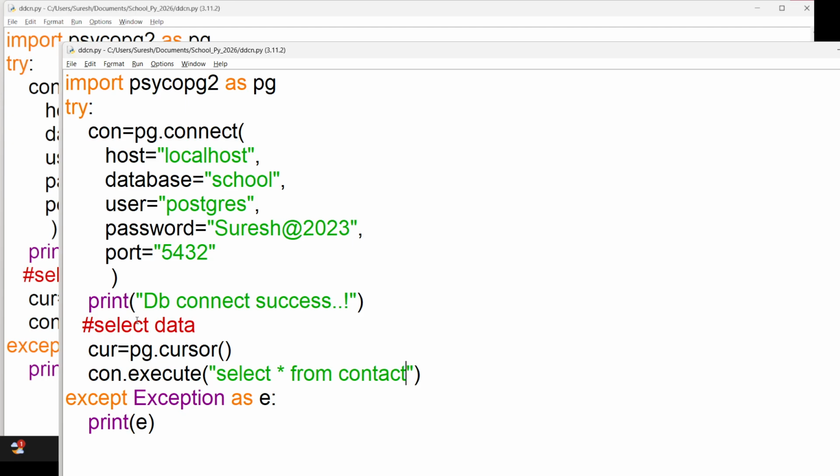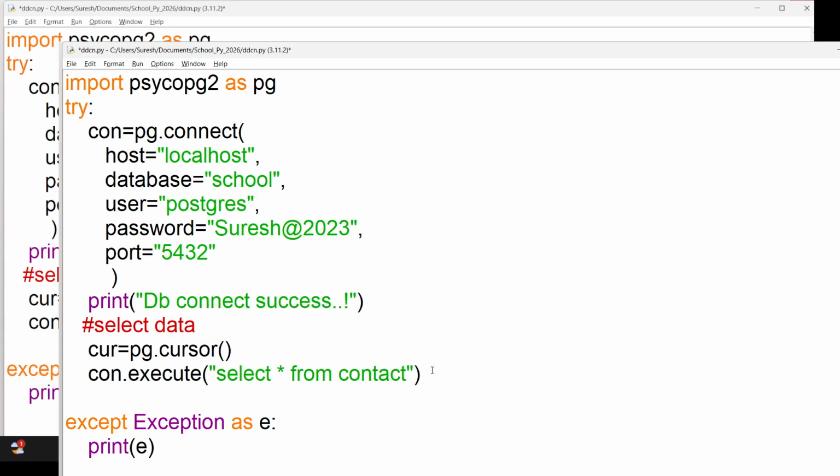Now it will return a number of records. To iterate all the data, we need to use a loop here. Or the built-in function is also there: rows is equal to cursor dot fetchall.